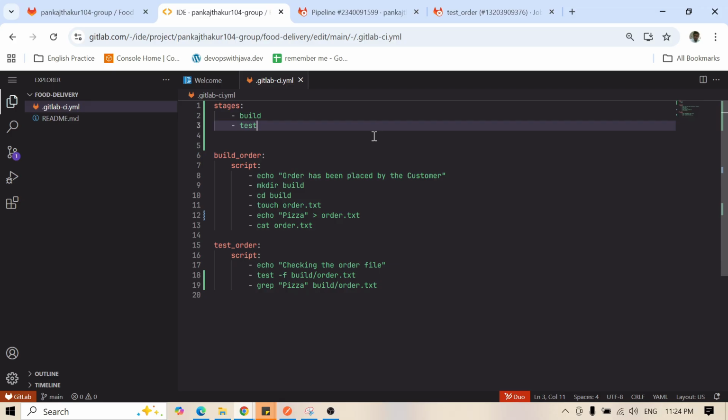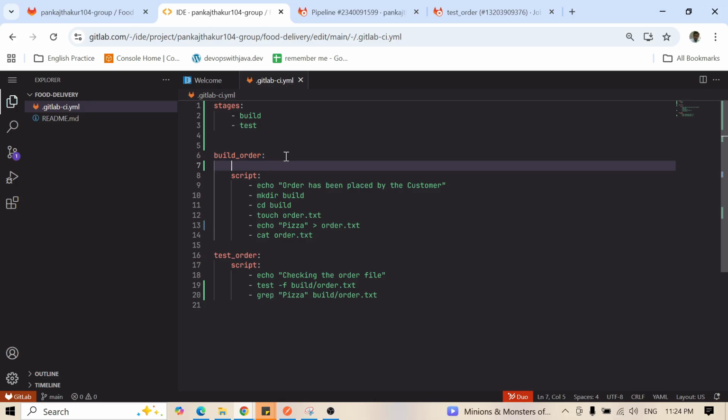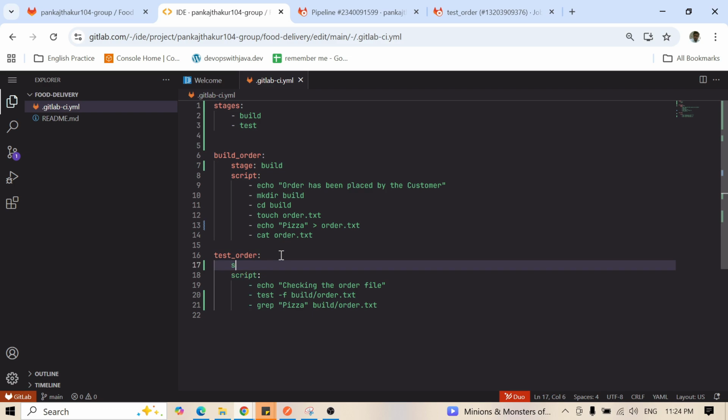So what I want is that this build_order pipeline should execute first, then test_order. What I did: build_order will run under the build stage, and test_order will